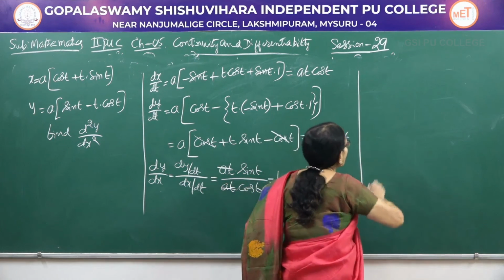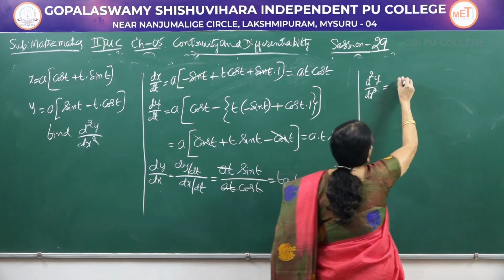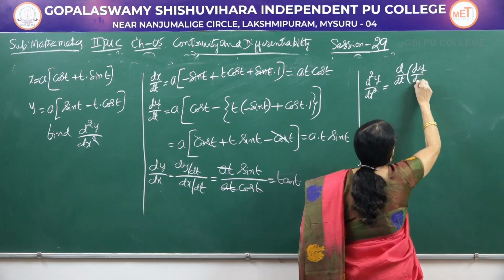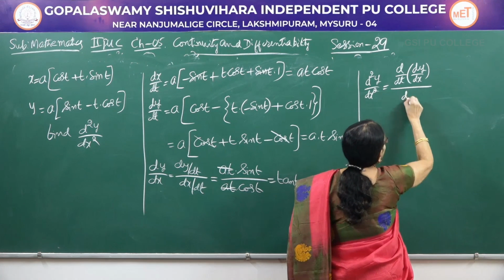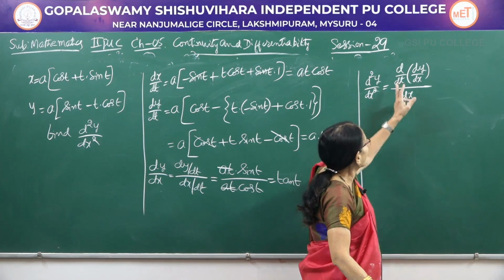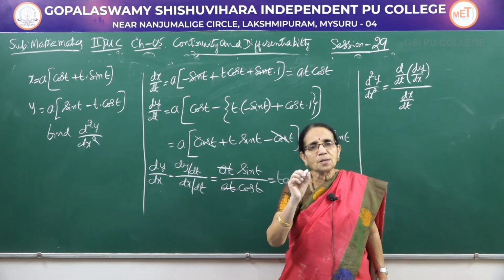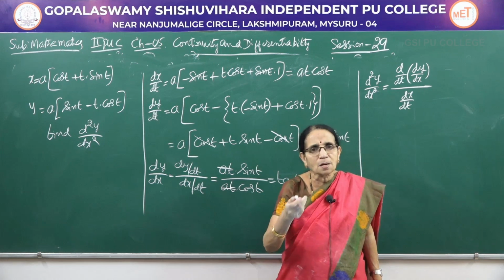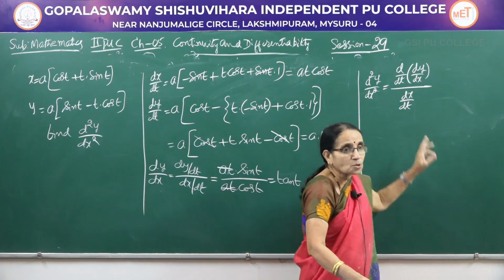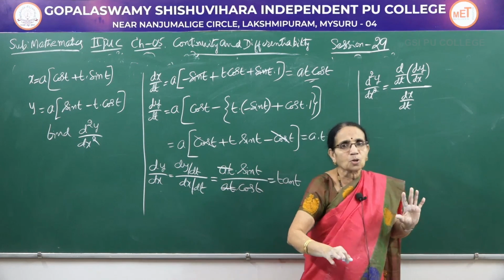Therefore, the formula you remember here, d square y by dx square of a parametric function should be written like this, d by dt of dy by dx. Remember this formula, divided by dx by dt. Don't apply the quotient rule here. See, this tan of t, whatever you have obtained for first derivative, that has to be differentiated with respect to the parameter, maybe theta or t, whatever that may be. Differentiate and write in the numerator position. Dx by dt, which is already obtained here, that has to be written directly. Don't apply the quotient rule here.